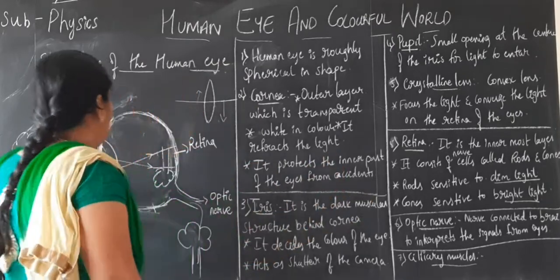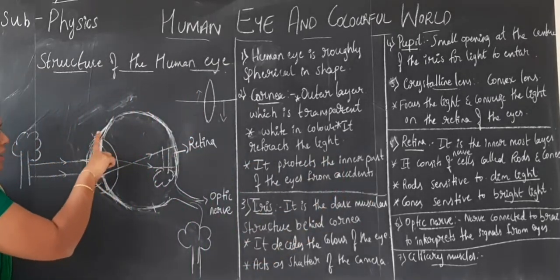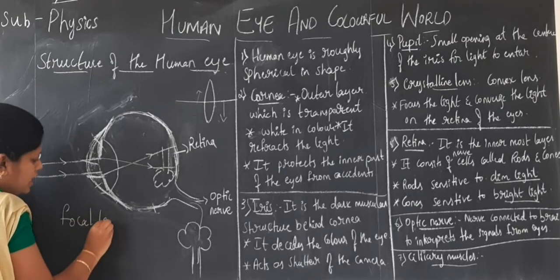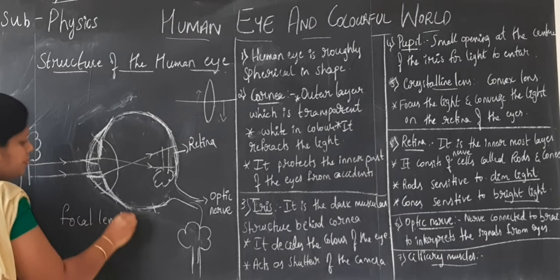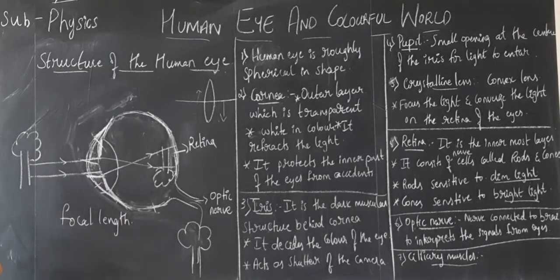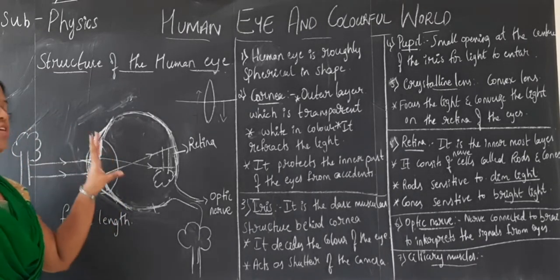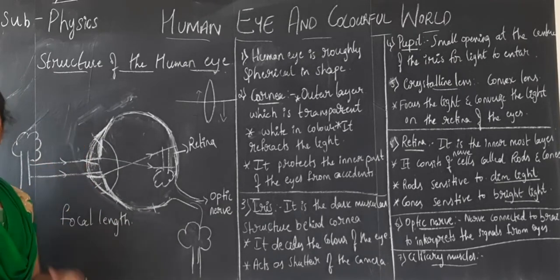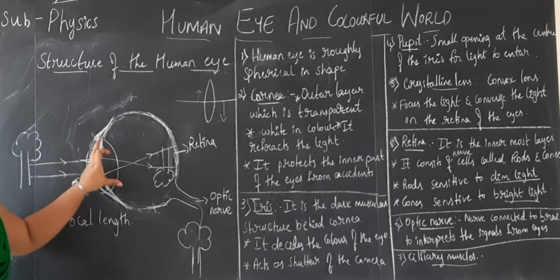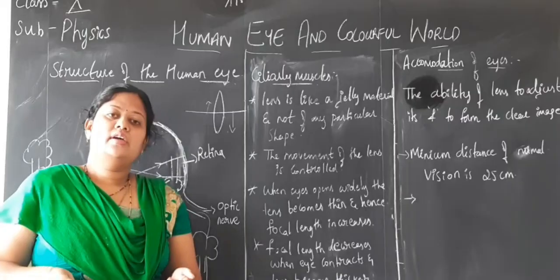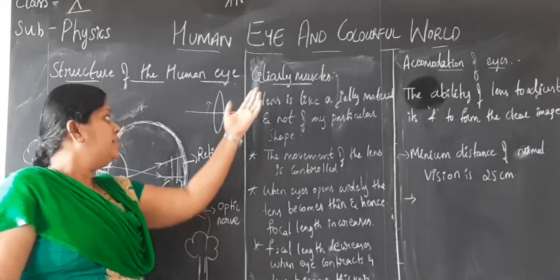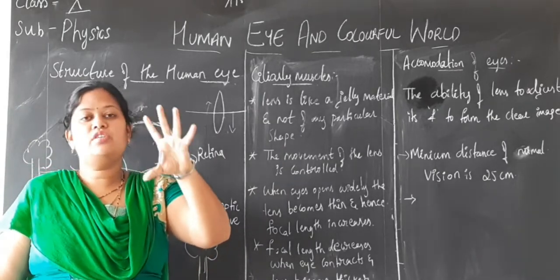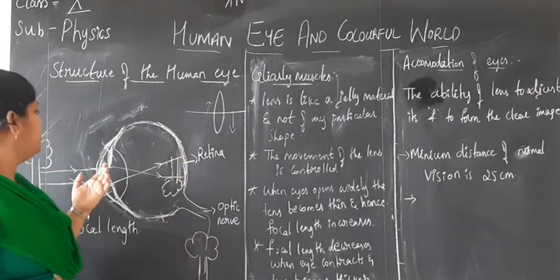One more thing, when it is contracting or expanding, what will vary? The focal length of the lens keeps varying. The focal length of the lens keeps varying as we contract or expand our eyes, children. That is with the help of the ciliary muscle. It is the ciliary muscle which controls the contraction or relaxation of the crystalline lens which is present here.